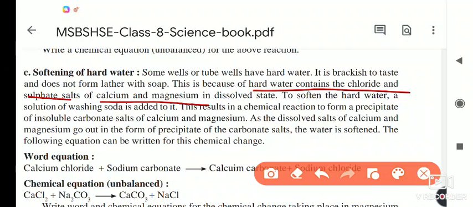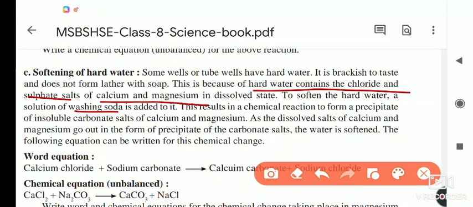To soften the hard water, we use a solution of washing soda, means washing powder, which you are using, otherwise Tide, Nirma, Wheel. These powders are there that your mother is using for cleaning the clothes. So why is she using it? Because of this washing soda, the water becomes soft. When different salts mix in, the water becomes harder. So washing soda, when we add it to the water, makes it soft, and this results in a chemical reaction